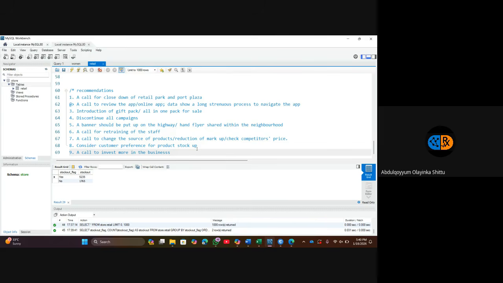So when there is increased revenue by the shareholder, or by the CEO, or by the marketing HR department, a surplus revenue, you don't want to wait for products to be out of stock before you restock. If they invest more in the business, there will be excess funds to actually restock